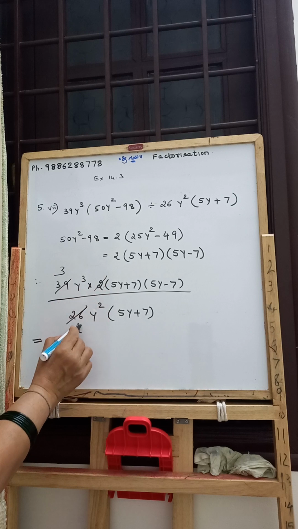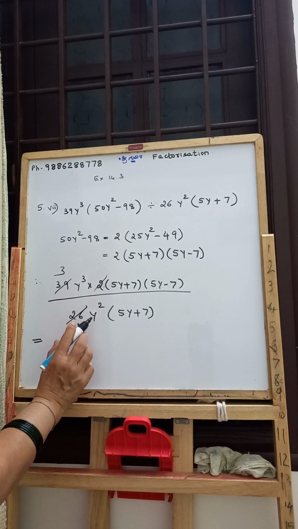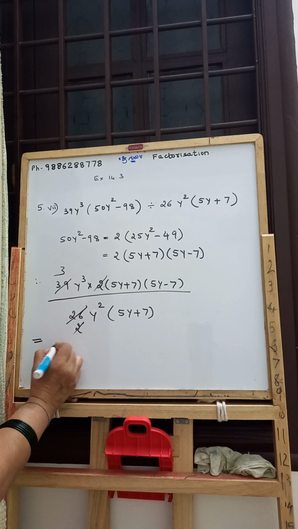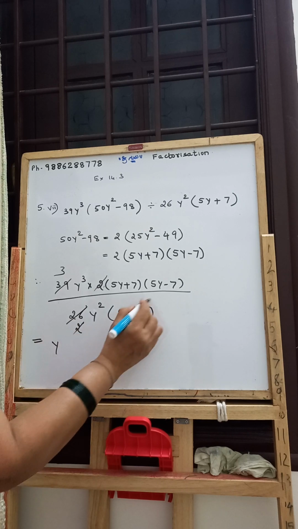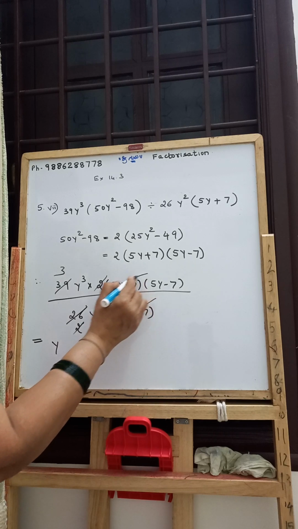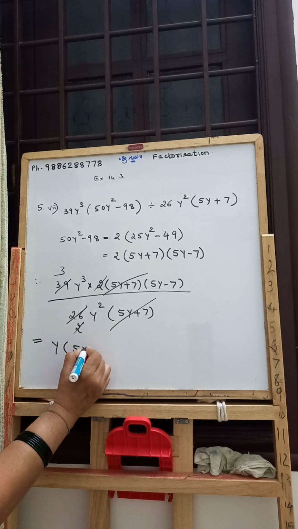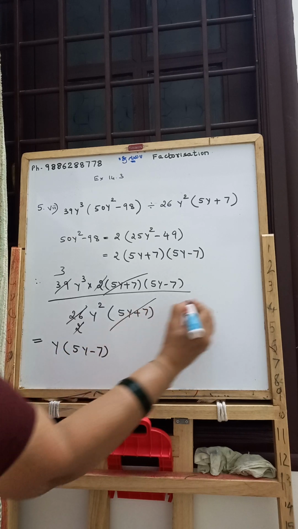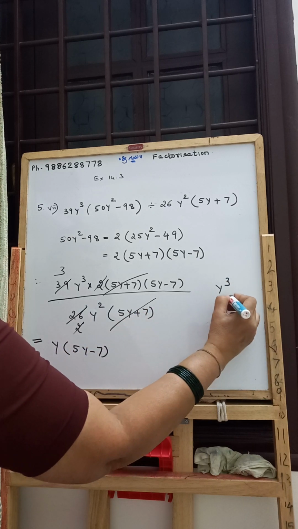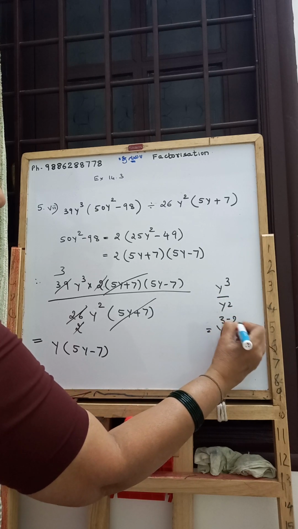And this 2 cancels with this 2. And y cube divided by y square will be y. And this expression cancels with this expression. We are left with y into bracket 5y minus 7, because y cube divided by y square is equal to y raised to 3 minus 2. This is